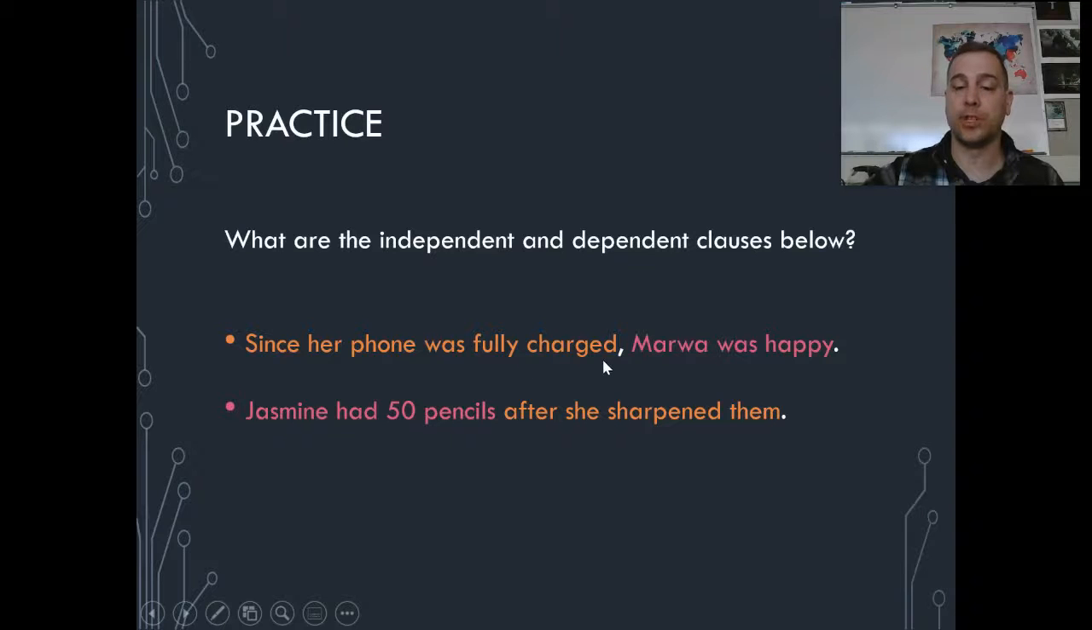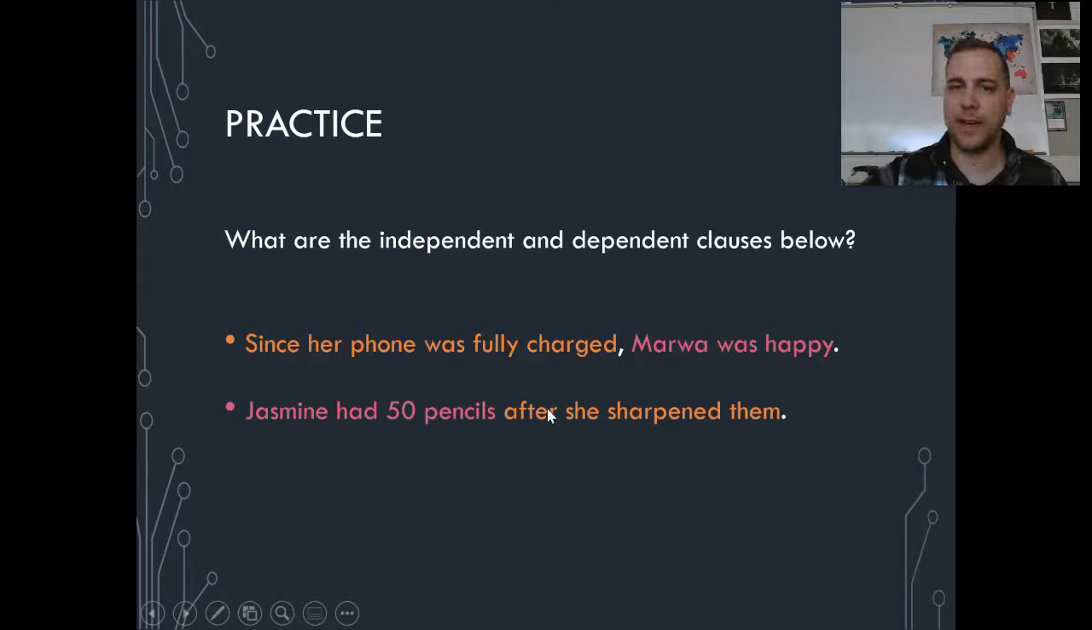Since her phone was fully charged is the dependent clause. If somebody were to just say that to you, you'd be like, okay, what? After she sharpened them, people would be like, what? Okay, finish the idea. These dependent clauses don't make a complete thought, even though they have a subject and a predicate. Now, it's really these words at the beginning, the subordinators, the subordinating conjunctions, since and after, that are making